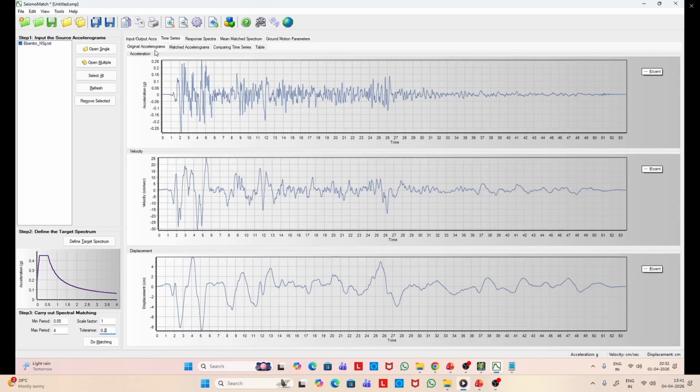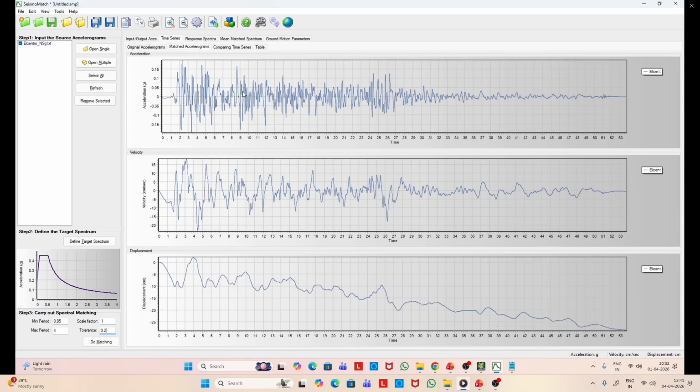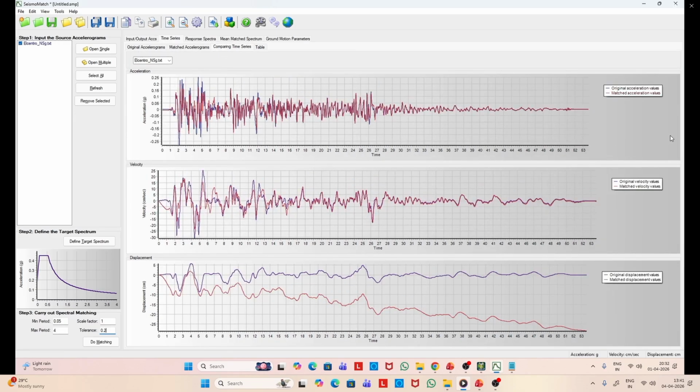Here you can see the time histories of the original accelerogram. So we have the acceleration, velocity and displacement. Then for the matched accelerogram, you can see acceleration and velocities are quite appropriate, but for the displacement, you can see there is a trend. For the time being, we are not interested in displacement.